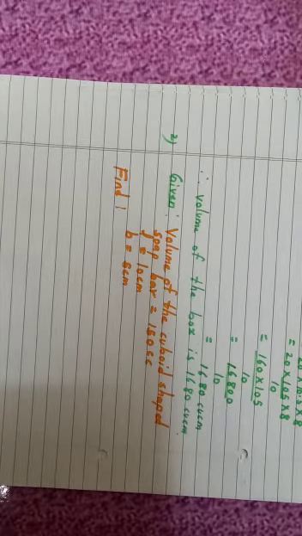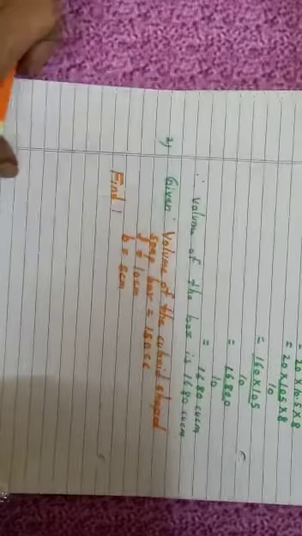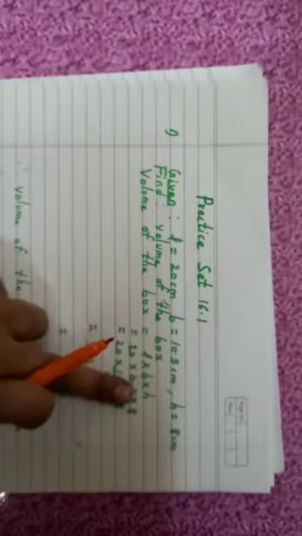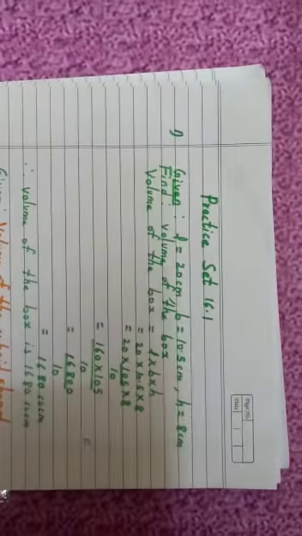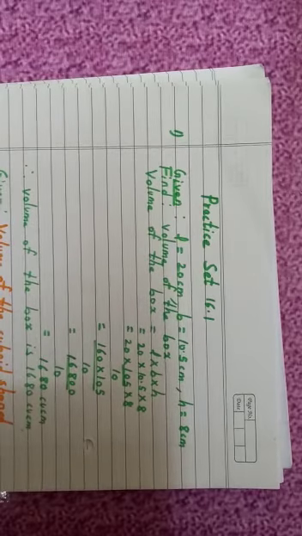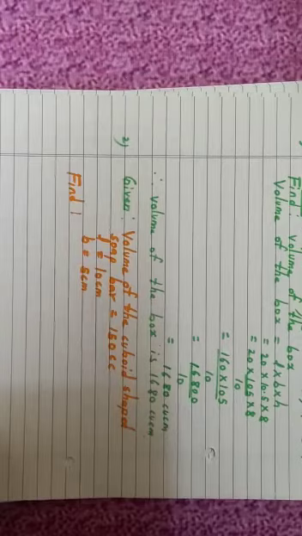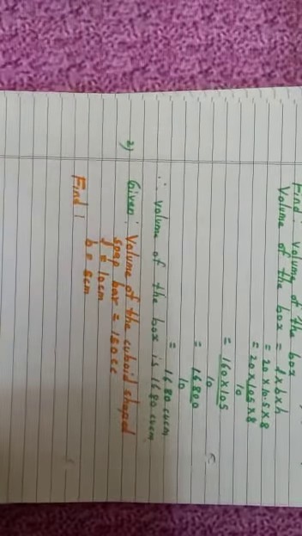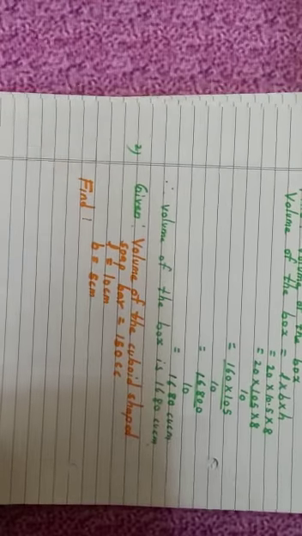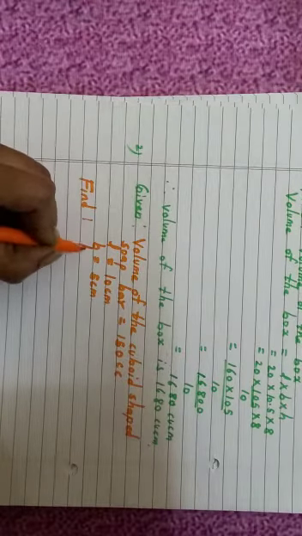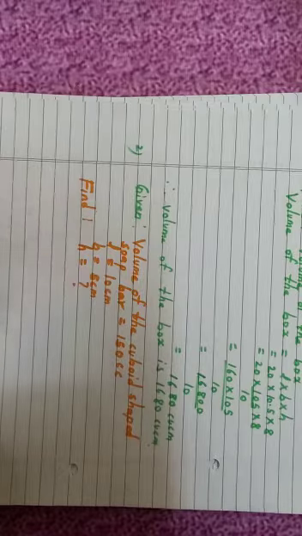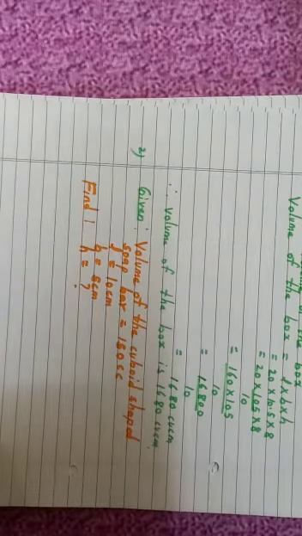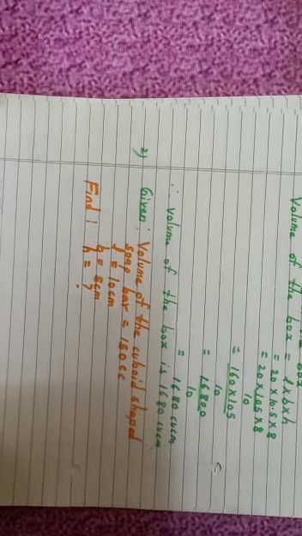See, the volume formula we already discussed in our first example, where we wrote length into breadth into height. So length is given, breadth is given. So thickness means what we have to find? That logic you have to use. Thickness is nothing but the height you have to find. That part you should understand. Because volume is also given to you, what you have to find is height. H we don't know, so we can keep the letter H as it is and we will write the formula.